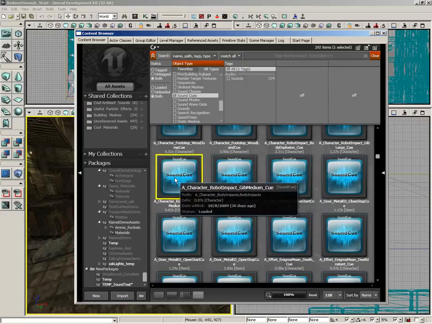Now, each time I double-click this, notice that the sound is different. That's because we have several different actual sound waves that are being combined together randomly, so that every time the engine called on this sound cue to play, we'd get a different one. Now, that's only one example of how sound cues can be very, very powerful, but on top of that,